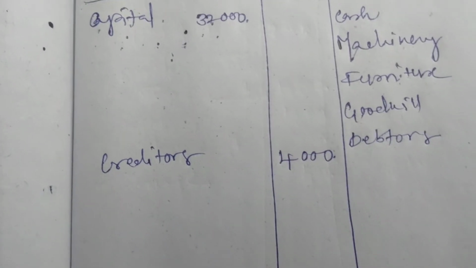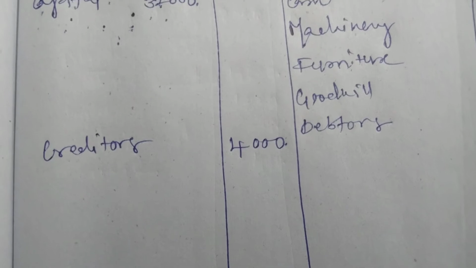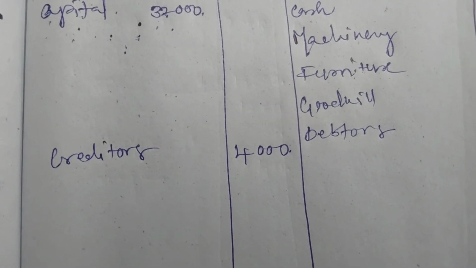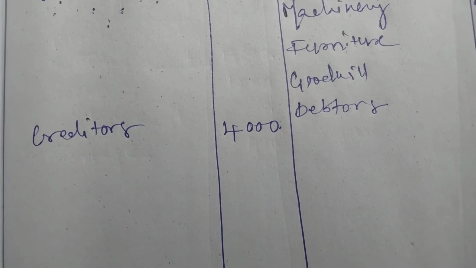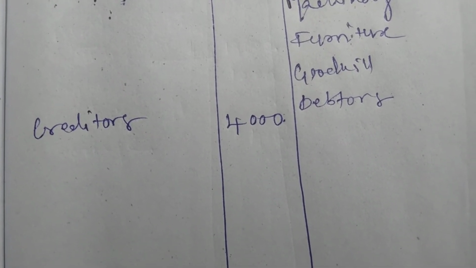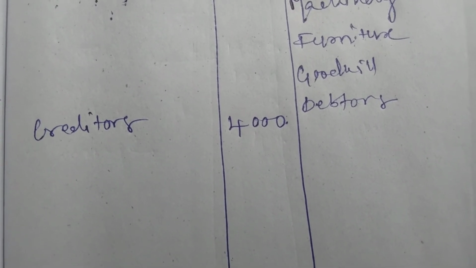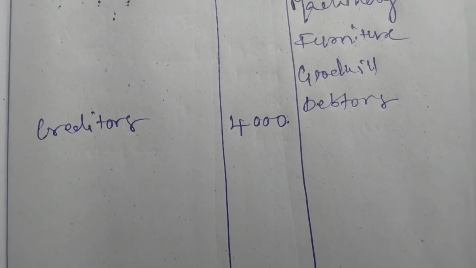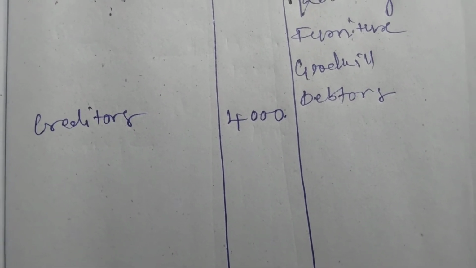So after completion of all the transactions, we must go to adjustments. Adjustments are recorded two times, but trial balance transactions are recorded only a single time. So we have completed the trial balance transactions. Now we want to go to adjustments. So the first adjustment is